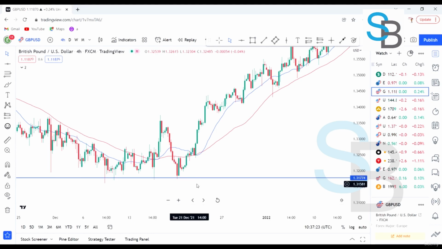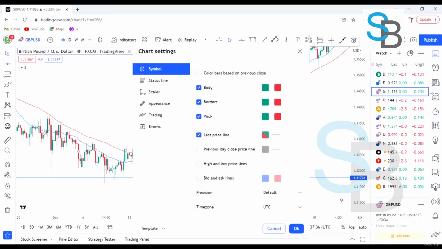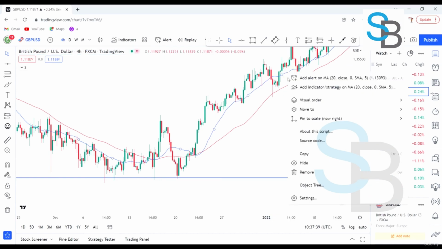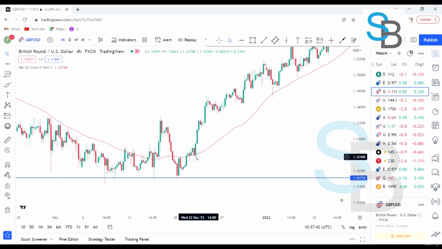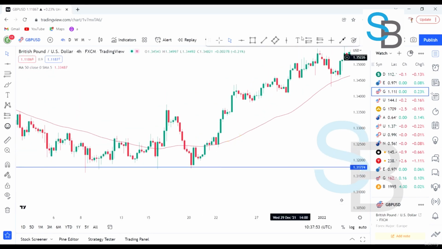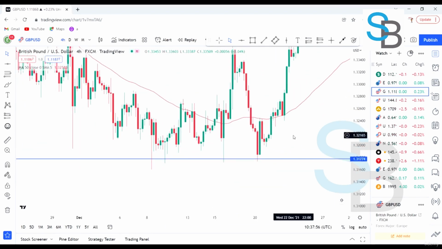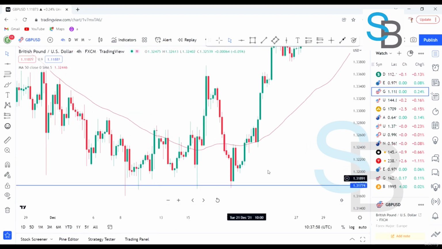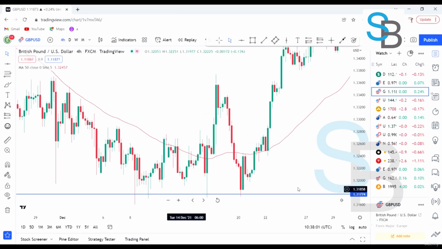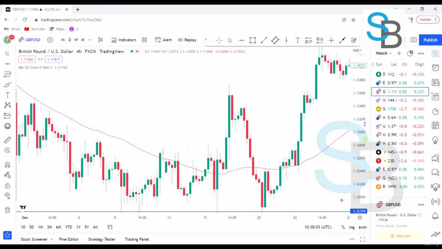So I tend to look for a double top or a price pattern, and then look for the indicator. I don't even look for a cross. For that strategy, I wasn't looking for a cross. I was just looking for prices to trade above the 50 simple moving average, and then I will look to buy. So the strategy was that when I see a double bottom or any type of price pattern here, and then I see